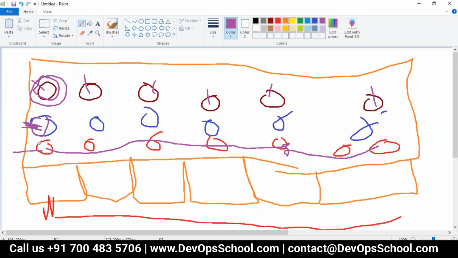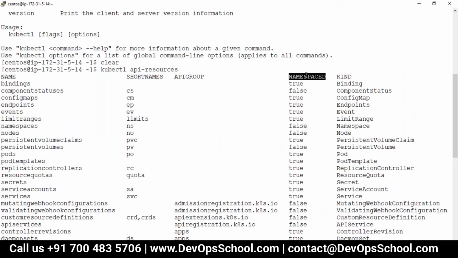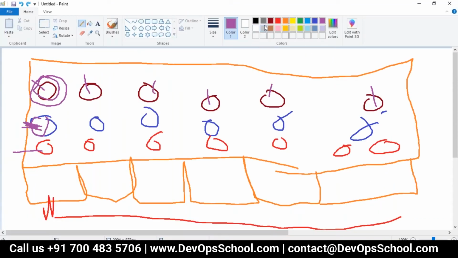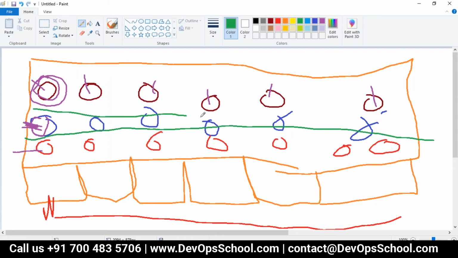So now how do we divide these projects? Then we got the concept of namespace. You can call it a subcluster if you're comfortable, but in Kubernetes we call it a namespace. Now we divide this whole cluster into 3 namespaces.